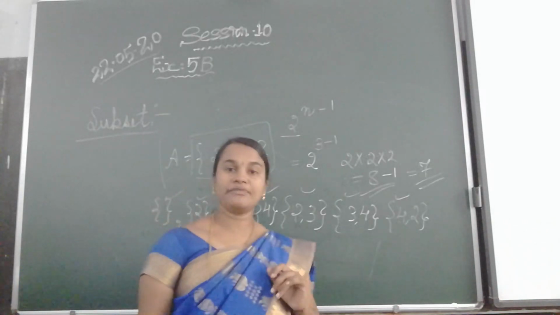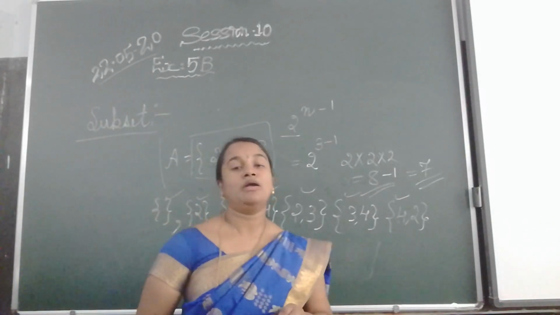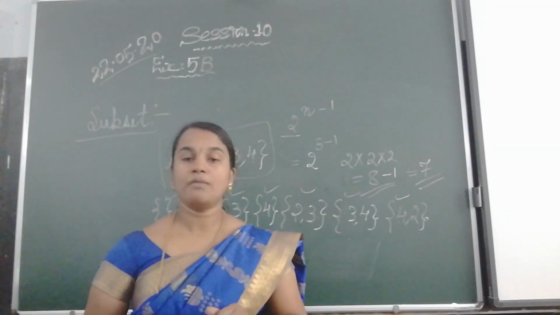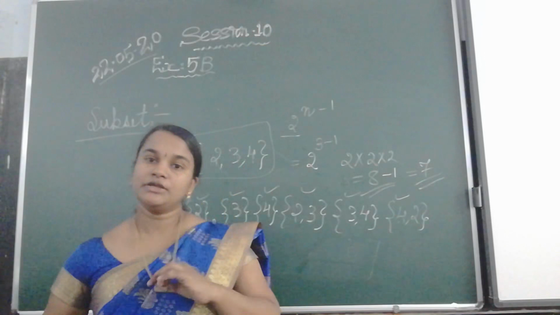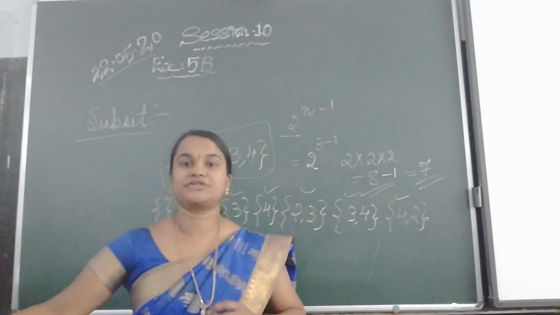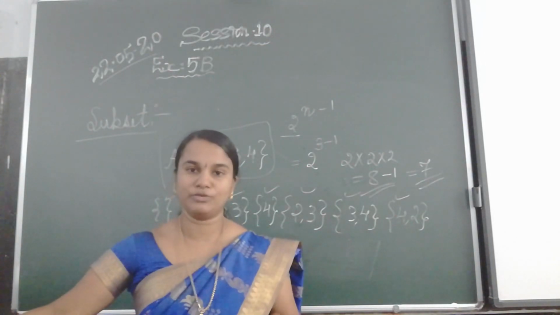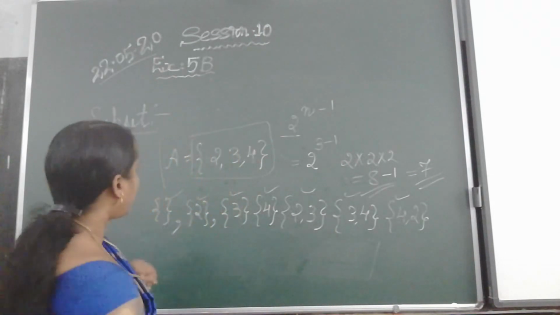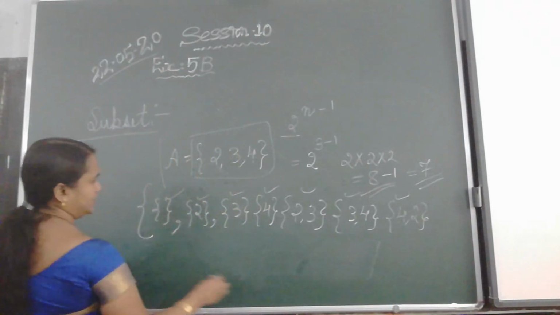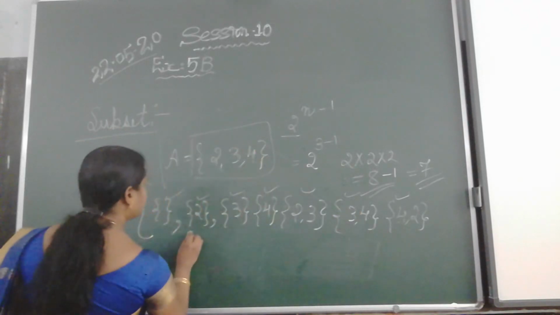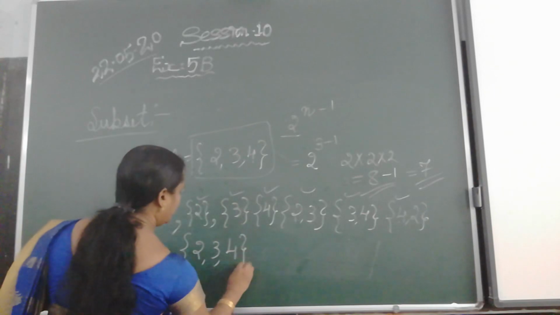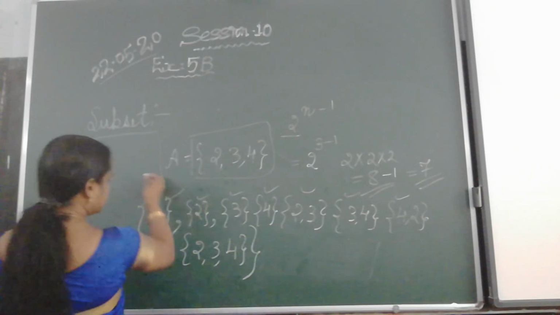Okay, after that next we are moving on: what is a power set? Power set means, children, in your home also, if you have to get extra energy, your parents will give you a boost or something like this, no? The same way here also we are giving 1 more extra bracket for this. This also is a subset, this also we have to write: 2, 3, 4. Okay, then 1 more bracket, an extra bracket.